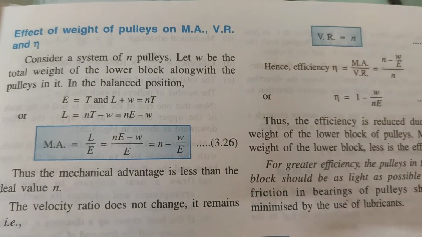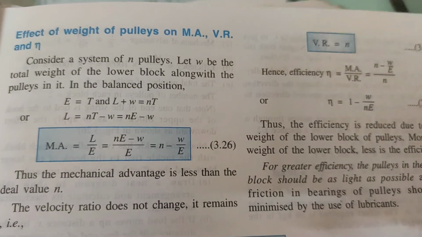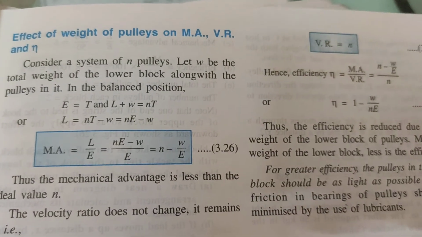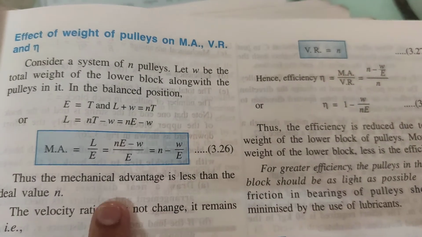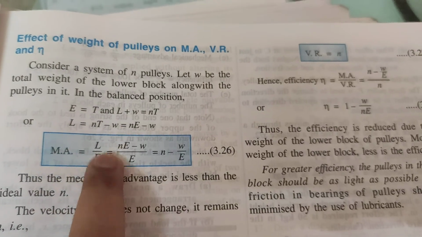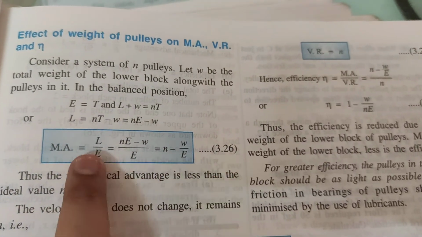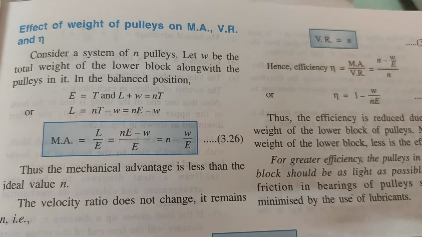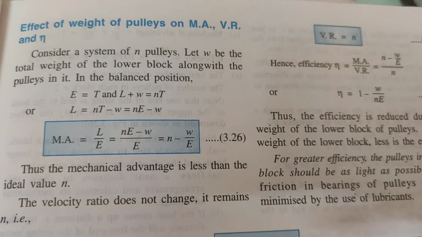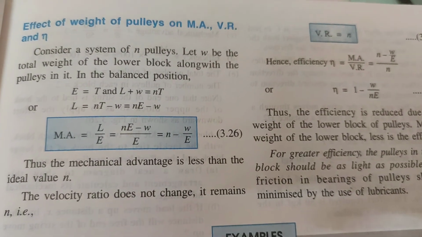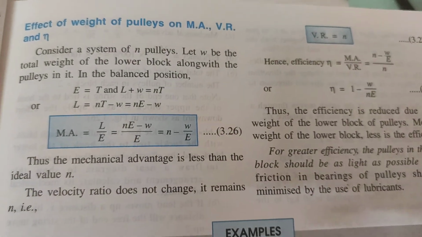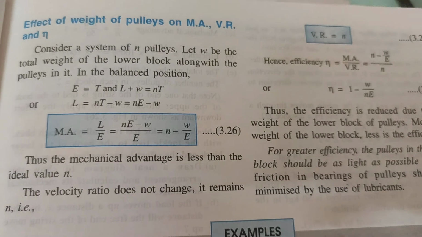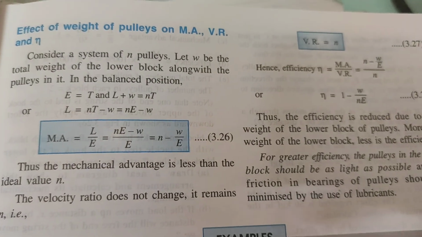Otherwise, you remember in few numericals we have seen that where load and effort were given, we calculated mechanical advantage from load by effort. Say load was given something and effort was given something. We substituted and we found that mechanical advantage was less than the velocity ratio. So we have to notice if it's given or not. So practice the numericals from the pulleys like I have done. Practice those numericals, okay.